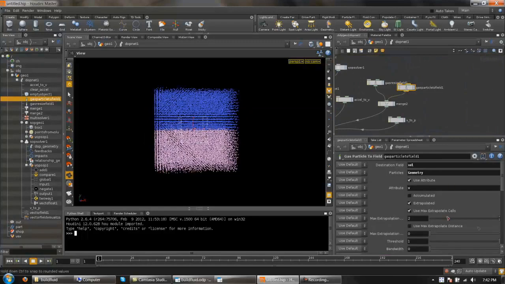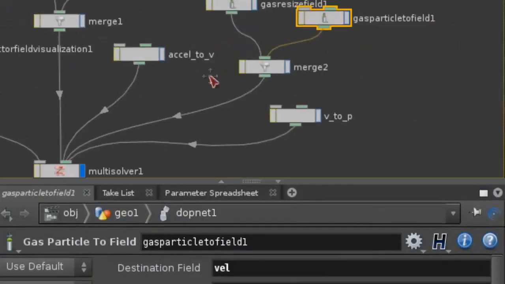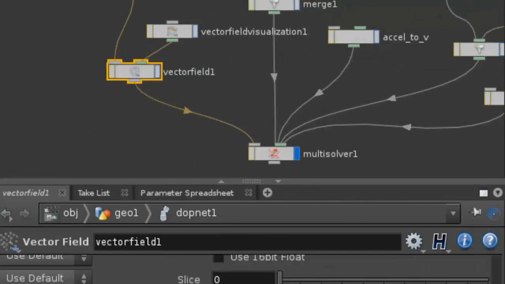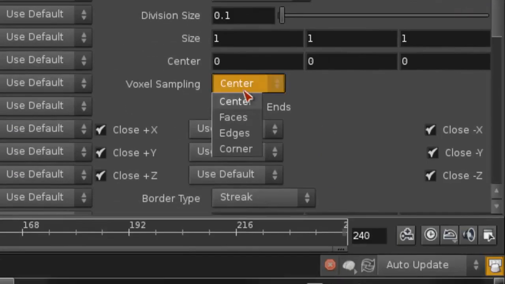What I also need to do here actually is turn off the max extrapolation cells, because I want to make sure all the velocities in the space get their values. And I also need to go to the vector field, and I didn't do this on the previous system, but in this case I'm going to switch it to a face